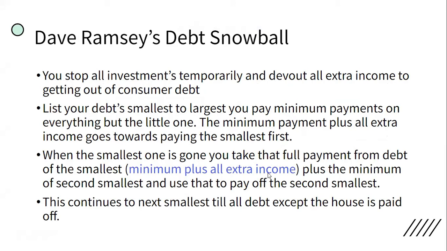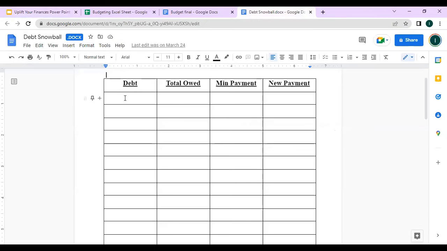When the smallest one is gone, you take the full payment from the debt of the smallest, meaning the minimum payment of the smallest plus all the extra income, and you add the minimum payment of the second smallest and use that to pay off the second smallest. You continue this process until all your debt is paid off except your house. So what that looks like is,